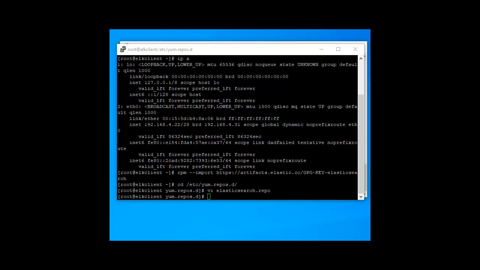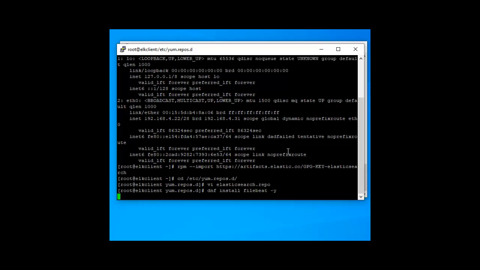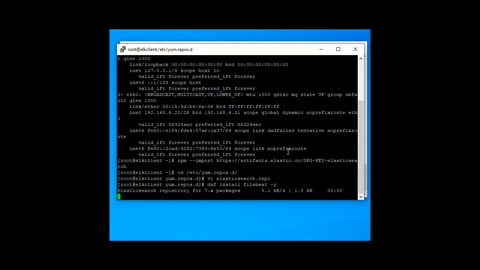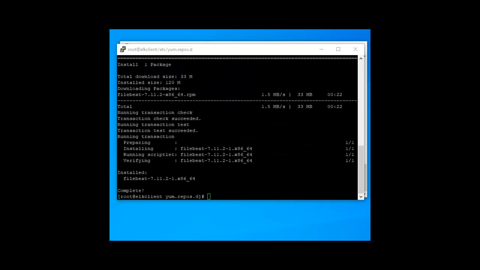Now install Filebeat by using the dnf command: dnf install filebeat. So the installation is done.